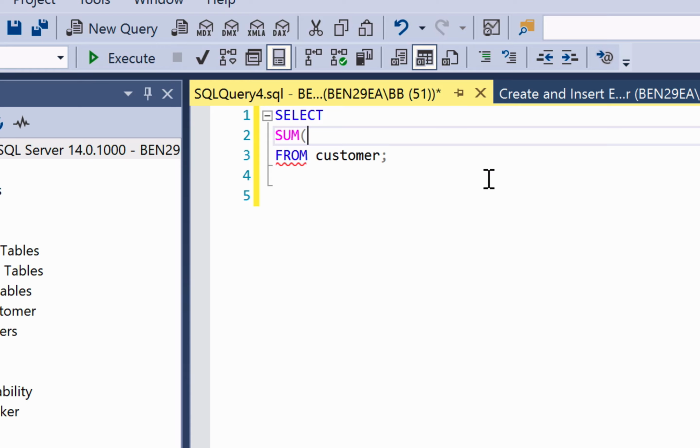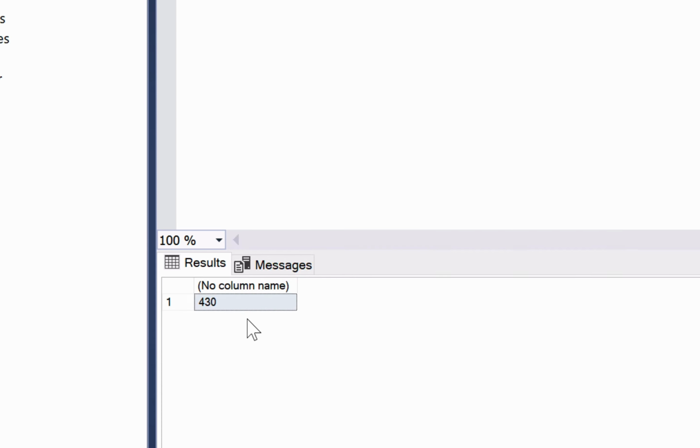We type sum, and then inside the brackets we type order credit. If we run the query, we can see the sum is 430. This is much easier and faster than manually adding up all of the numbers, or doing it in another programming